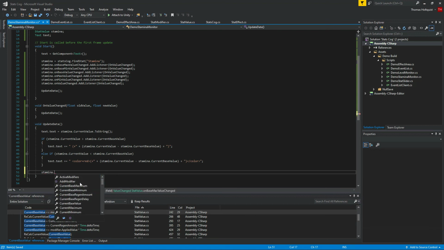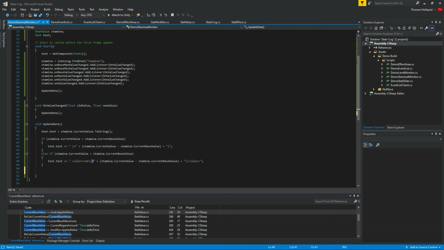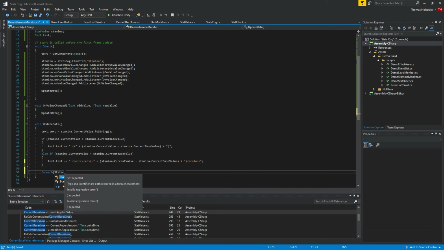And now let's also add in an item for every active modifier that we have. We could go through effects as well, but for this video we'll just bother with the active effects. So we'll do for each. We've made a mistake. So we've changed that plus to a minus. Actually, we should have just deleted it altogether because the value will already have a negative at the beginning of it. But now we'll do a for each stat modifier in stamina dot active modifiers,